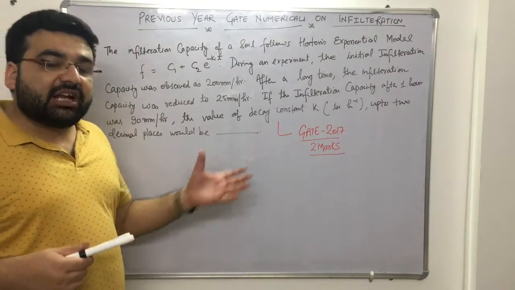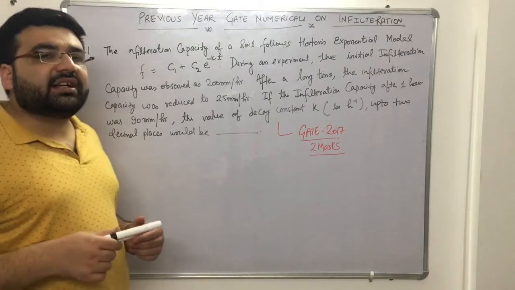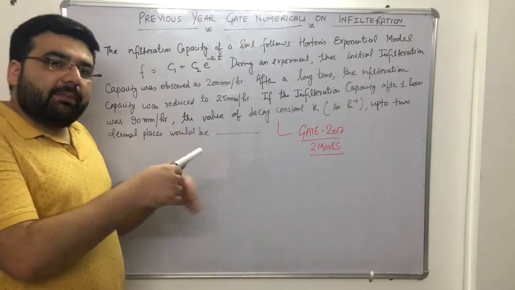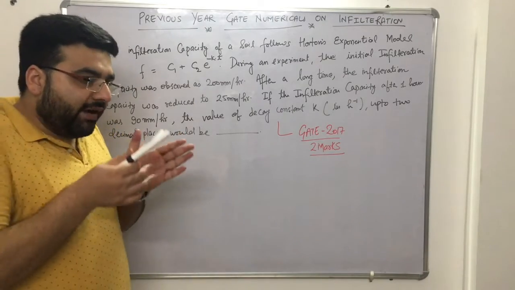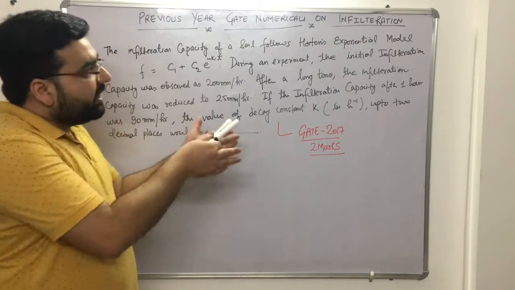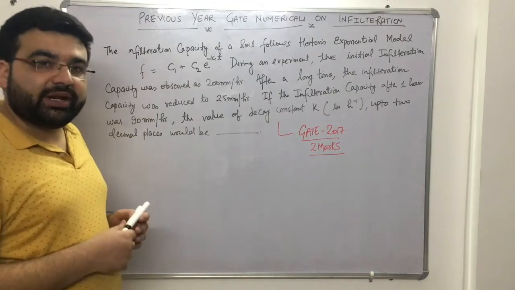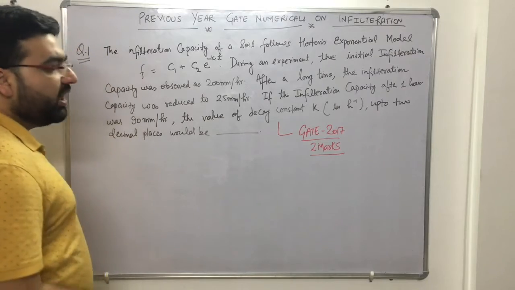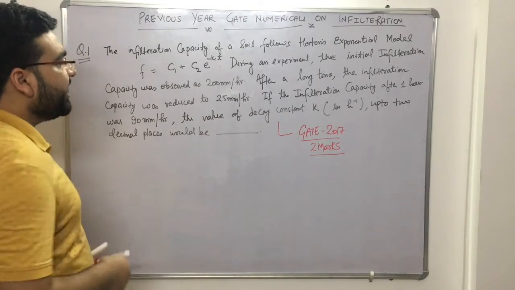But a few numericals I will be solving here, which I think were a little bit typical, right? They were very easy actually, but a few normal students who have not worked very hard will get stuck in these numericals. So the first numerical came in GATE 2017, of 2 marks. It was a TAT type of question.